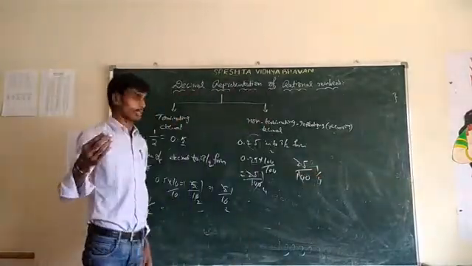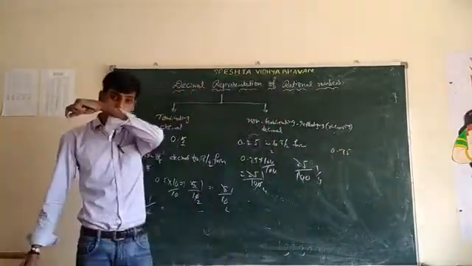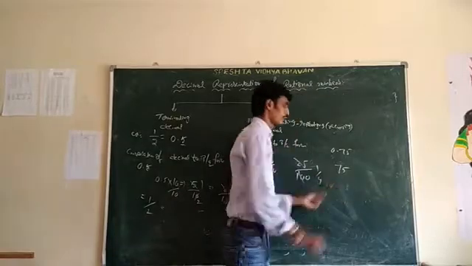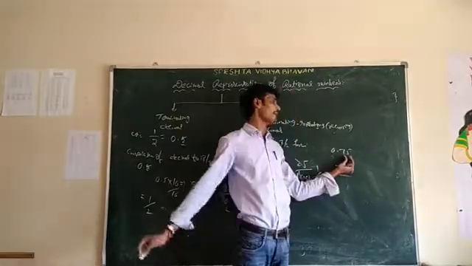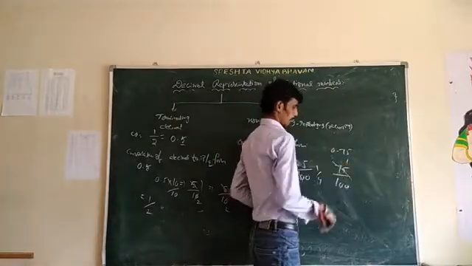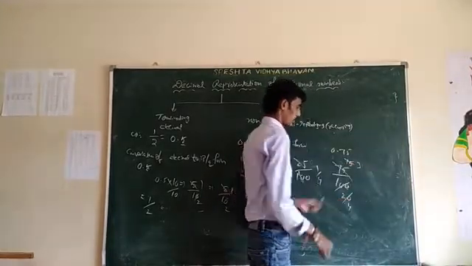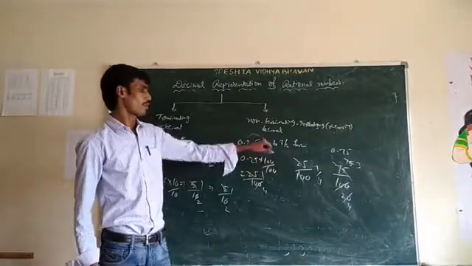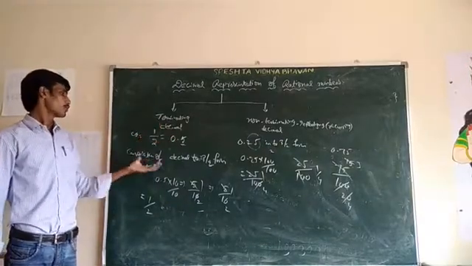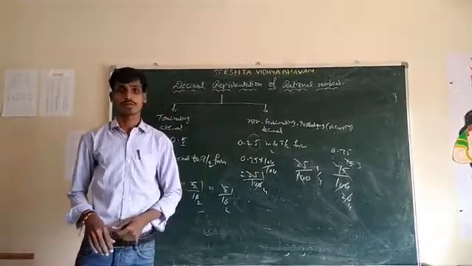For example, how can you represent 0.75 in p by q form? Very easy. Remove the decimal point, giving the number 75. How many digits are placed in the decimal part? Two. That means take 100. So 5 ones are 5, 5 fives are 25, and 5 twenties are 100. Dividing by 25 gives 3 by 4, which is the p by q form of 0.75. So this is about terminating decimals, converting into p by q form. Next we discuss non-terminating decimals.